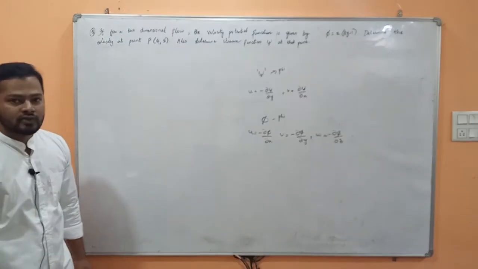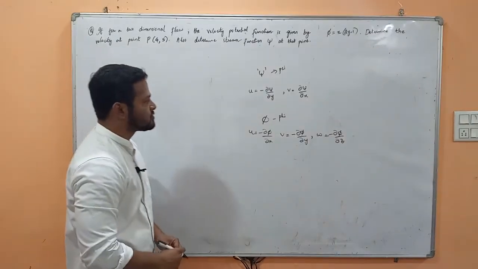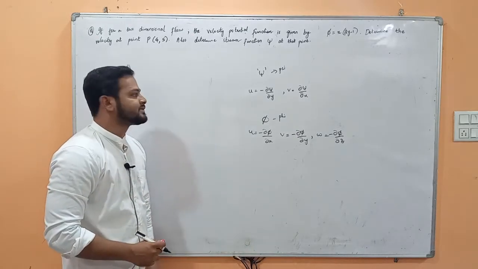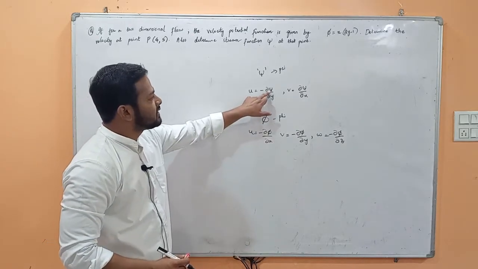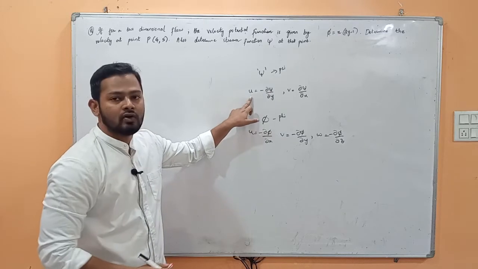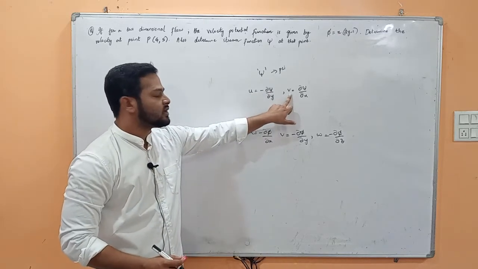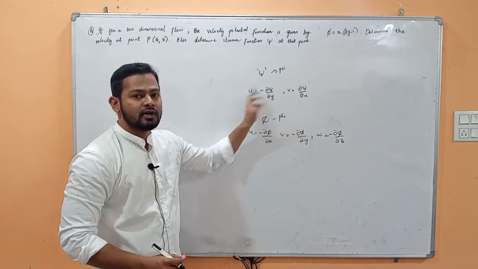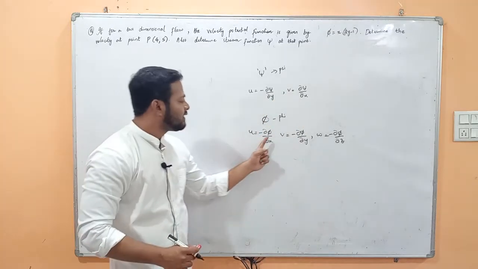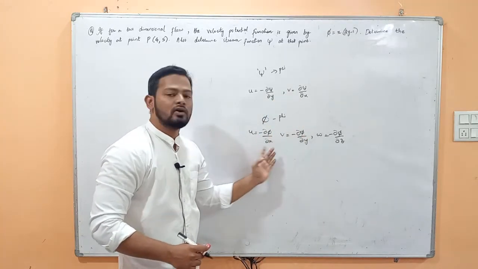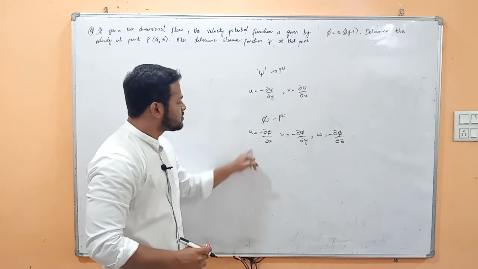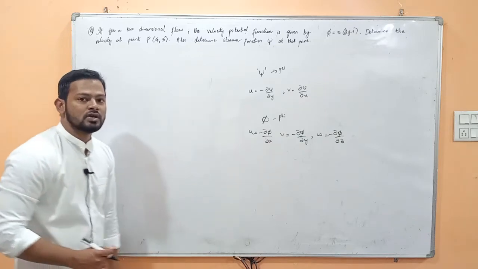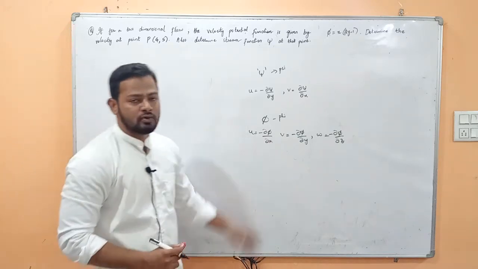So there are three types of problems which are possible based on these formulas. The first type, which we have already solved in the last class, is that psi will be given in the question and you have to find out u and v. That's quite simple, you just have to partially differentiate it. Similarly, phi will be given and you have to find out u, v and w. That's also quite simple, directly partially differentiating those equations, we will get the corresponding values.